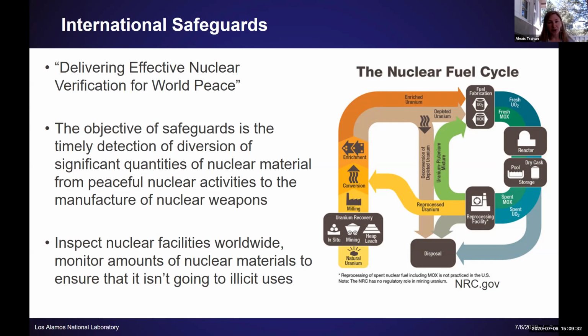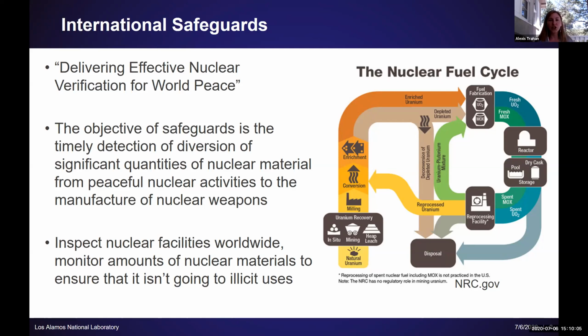So all aspects of the nuclear fuel cycle are essentially important to be safeguarded. There's what we call the start of safeguards and the termination of safeguards. We don't need to be monitoring uranium in the ground necessarily, but the IAEA determines where we need to implement safeguards within the nuclear fuel cycle in order to accomplish this mission of verifying that the nuclear material is not being taken from a peaceful program to an illicit program.